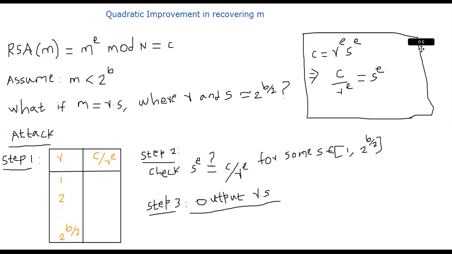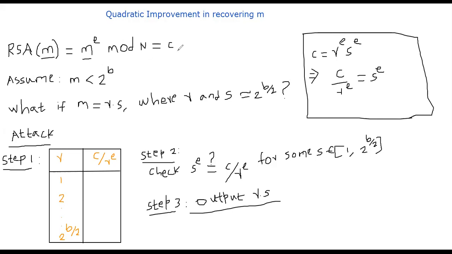Hello, welcome back. In this segment, I want to discuss an attack on RSA using an efficient technique. We know that the RSA function of a message M is M power E mod N. N is the public modulus, E is the public encryption exponent. We talked about how E and N are generated in the previous segments, so I request you to watch that. I'm assuming you know how RSA works.